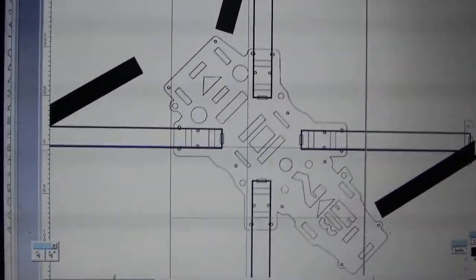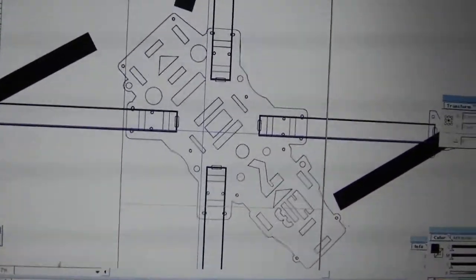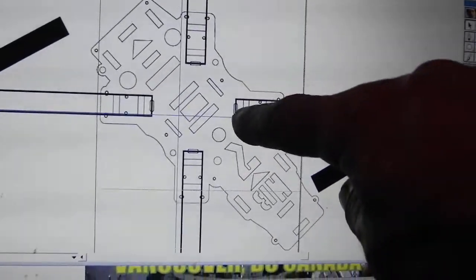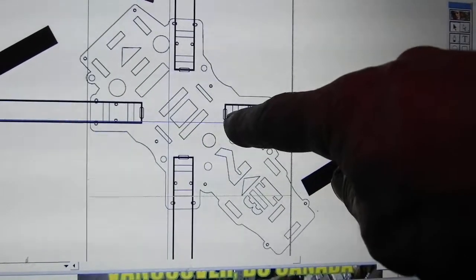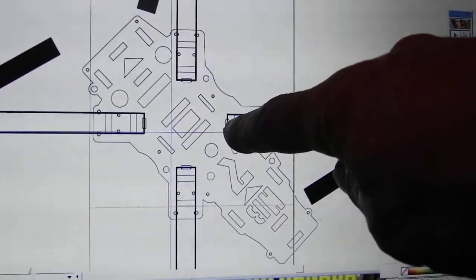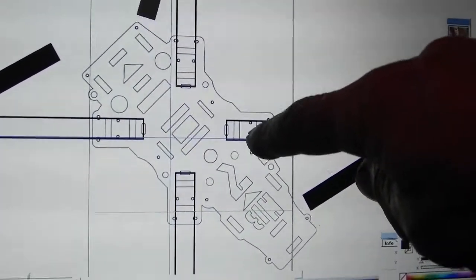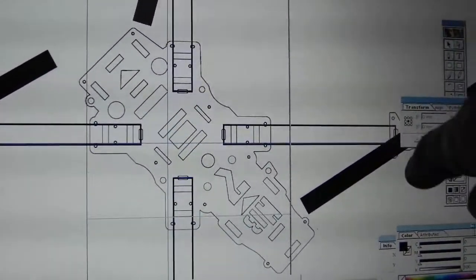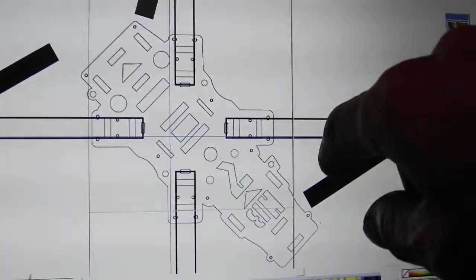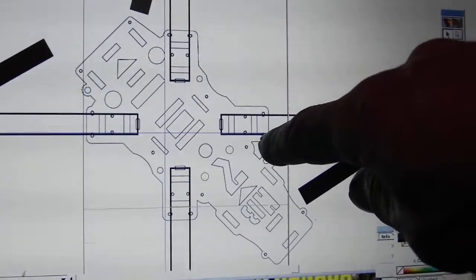Sort of looks like Pikachu after getting hit by a Mack truck, but here we have safety holes for a bolt that will have a rubber sheath on it in between the two plates, so that your carbon fiber arm, when impacted at the end, will not rupture your battery. We have here double D holes